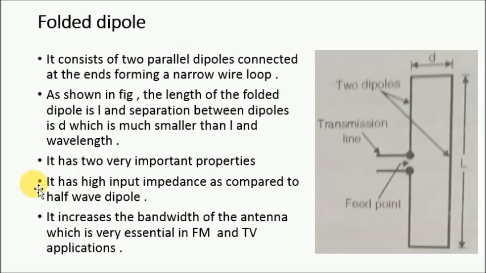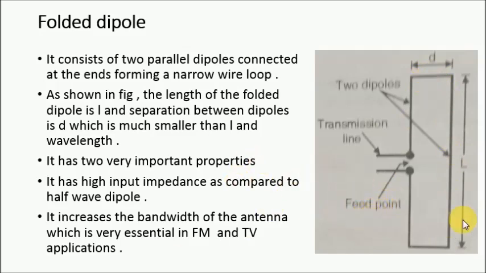Now we will have a concept of the folded dipole. The concept of folded dipole is very simple, because already we have seen the concept of dipole, and already we know that the dipole structure is this much only, because we are going to turn here the terminals. In folded dipole we are going to extend this part. In folded dipole we have to extend this part only.